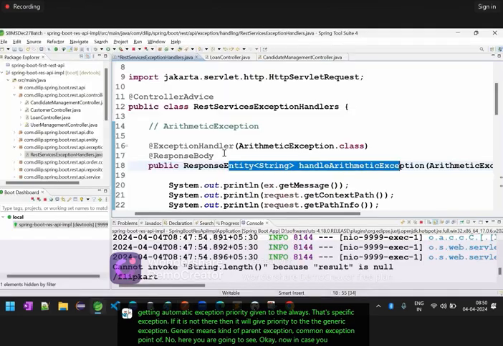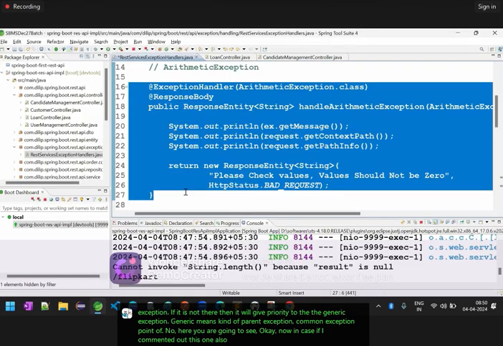Okay. Now in case I comment out this one also, first you got arithmetic exception. The real exception in the backend, what did you get? Arithmetic. Then it is reaching the controller advice. Are you handling anything for the arithmetic exception or not? No. But I'm handling for the Exception. Then which block will be executed? Exception will be executed. So that means,